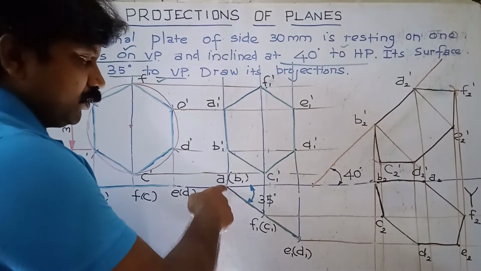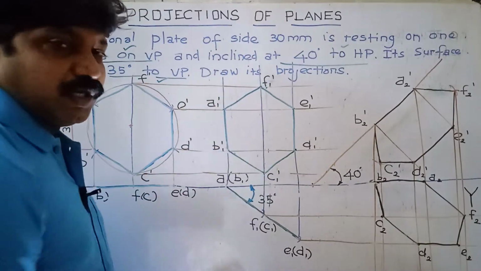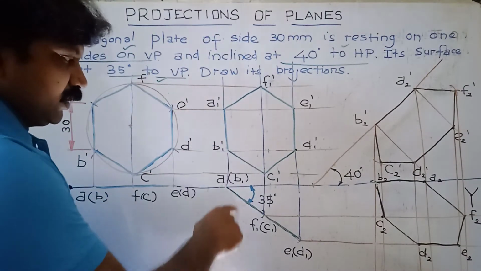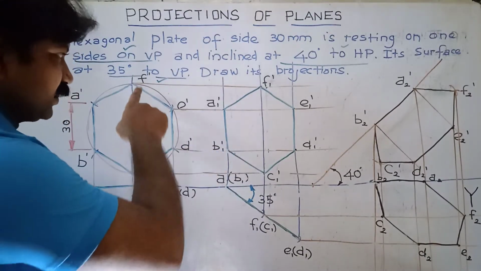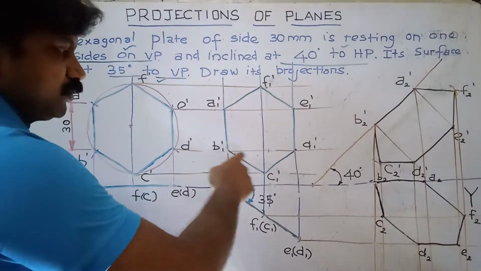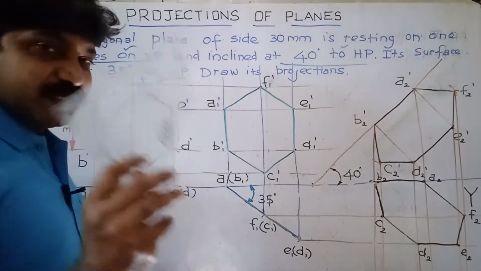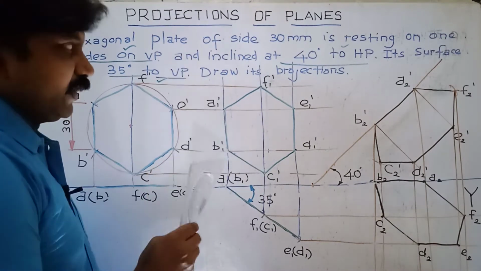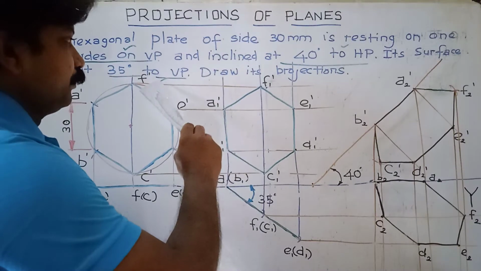And then from the tilted top view, draw a perpendicular line using a 2H pencil, and a horizontal line from the front view. Mark all intersecting points. For example, A1 and A dash intersecting point as A1 dash, B1 and B dash intersecting point as B1 dash. Similarly, F1 and F dash intersecting point as F1 dash. Similarly, mark all the points and then join all the points to get the second stage front view. Second stage means two conditions satisfied: one of the sides resting on VP condition satisfied, and surface inclined 35 degree to VP condition satisfied.